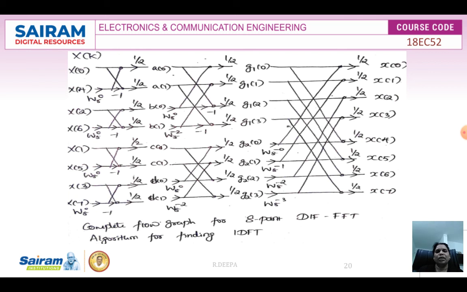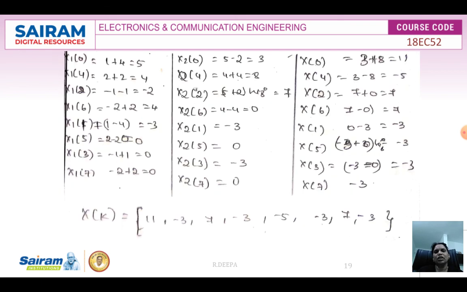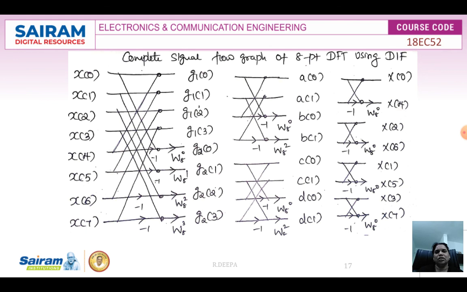In the same way, you will have similarity between the second and the third structure. So I'll go with the second structure. You can observe that the second and third structures start with the bigger butterfly, then smaller ones and very small butterflies. The input will be in normal order, so obviously the output is going to be in bit reversed order. In between, the second input is multiplied with minus 1, and the multiplication of W8 will be after the summation point in both cases, that is in both the second and the third structure.